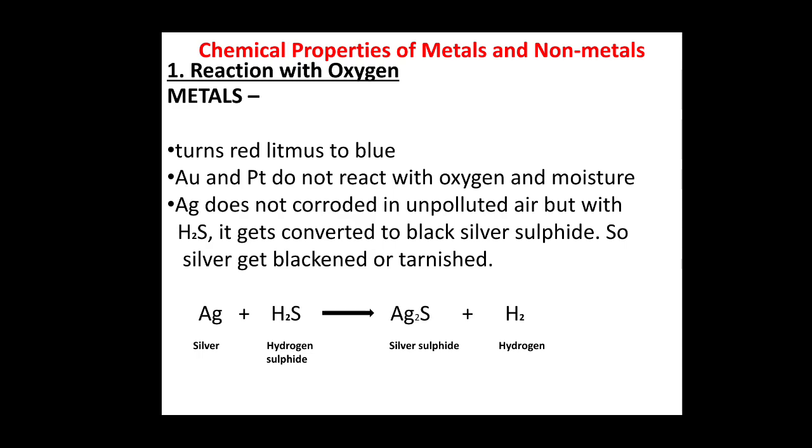So, by this process you must have seen that the silver jewelry that we have at our home, after some days if we keep it exposed, not properly covered, then it gets blackened, or we can also say it tarnished. That is also a process of corrosion. So, the reaction, just have a look here. Silver, that is Ag, plus H2S, that is hydrogen sulfide, gives rise to Ag2S plus H2. Okay. Children, I have not balanced this, just try to balance it. I am sure that you can do it.